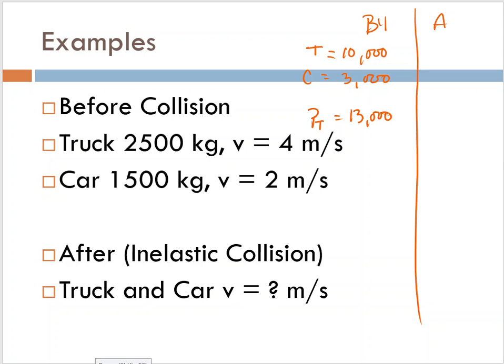Well, what we know then is that the total momentum is equal to the total mass times the velocity of the total mass. What happened in this inelastic collision is the two masses combine to become one mass. So I'm going to say that we have 13,000 here equals their total mass, which is 4,000, and solve for their velocity. I'm going to give you a few seconds here to pause it so that you can find that velocity on your own,